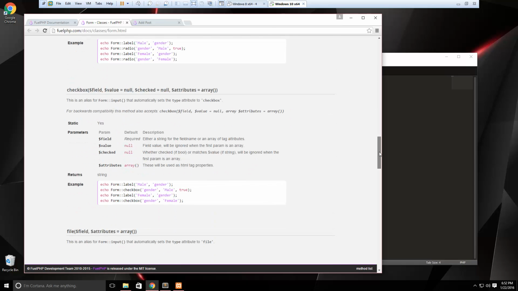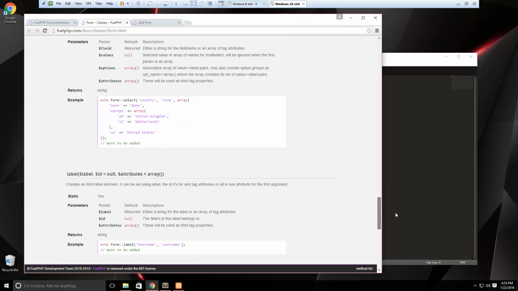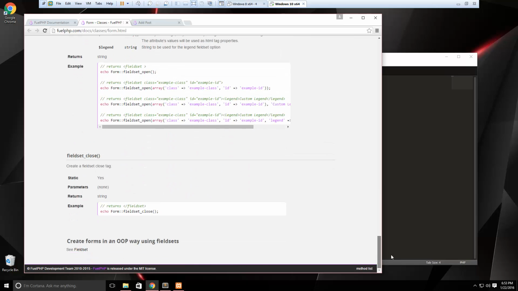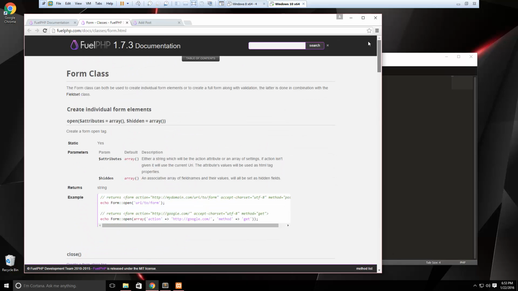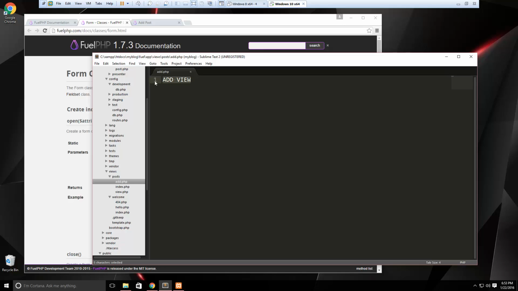I don't think there's a full form that we can copy. Let me see. No, so we'll just do it in pieces. So let's grab this. And of course, you can just copy it. But first of all, I'm going to put a heading in here that just says add post. And then we need our PHP tag, and we're going to echo that. Now where we want this to go is the add action. So we can say